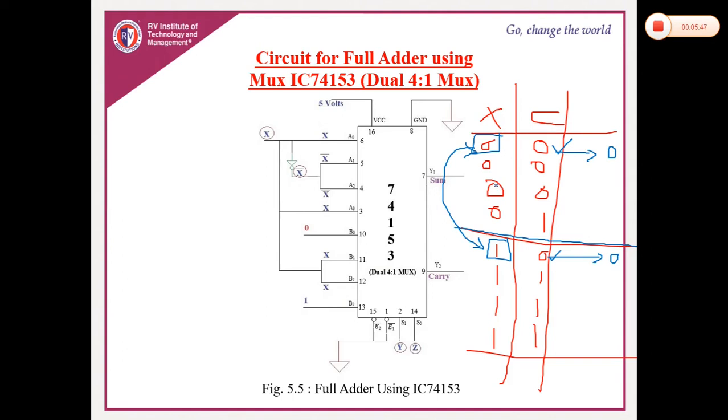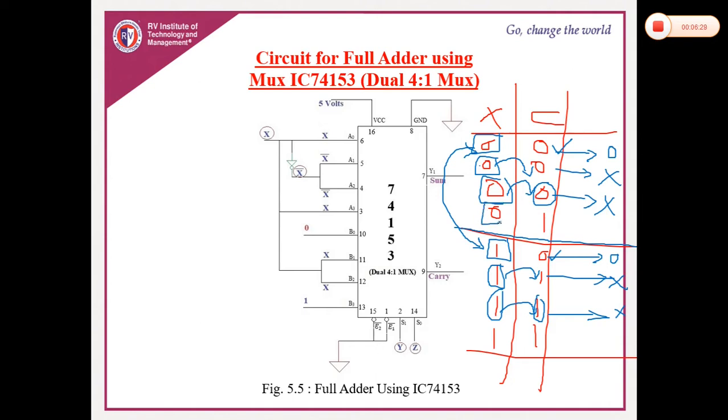Next, you can just see here, next combination, whenever X is 0 and whenever X is 1, for that you have to verify. Whenever X is 0 you are getting 0, whenever X is 1 you are getting 1, means it is following the input X. So I'll write it as X. Then the next case: whenever X input is 0 you are getting 0 output, whenever X input is 1 you are getting 1 output, means for these combinations the carry output is following input X.